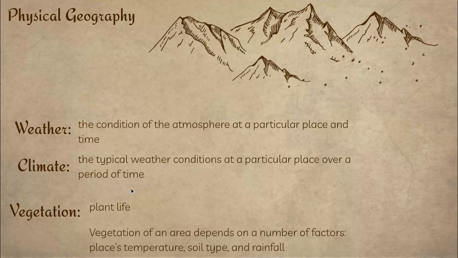Okay, so if you want to talk about the climate of Ohio, summers are usually humid and rainy, hot, right? Winters are usually cold and snowy, and spring and fall are a mix, usually cooler with rainfall. So weather and climate. Make sure you know the difference between the two.